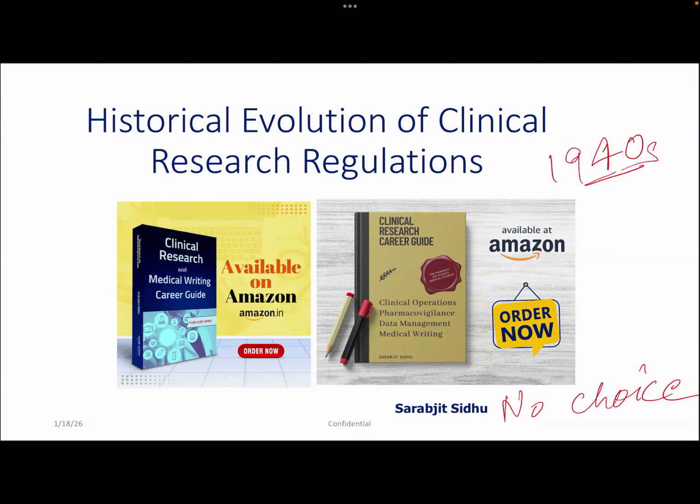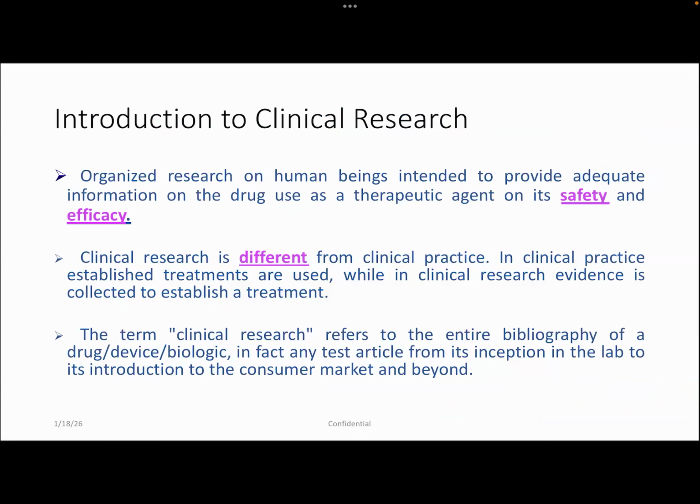When you see these types of things, you realize that ICH originated out of a conscious ethical evolution. We have learned by our mistakes. So it's quite a modern field. Clinical research is a very modern field, and all the rules and regulations were revised lately. They were not very strong even if you go back to 1970.